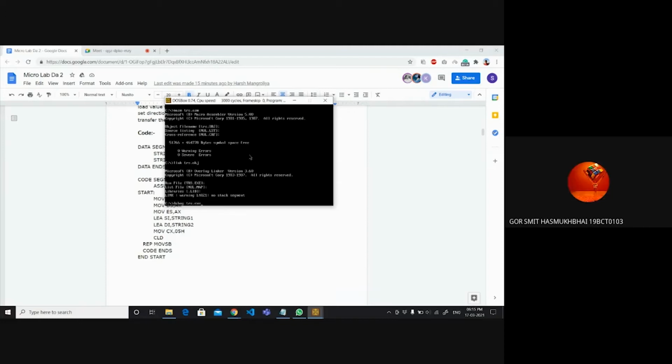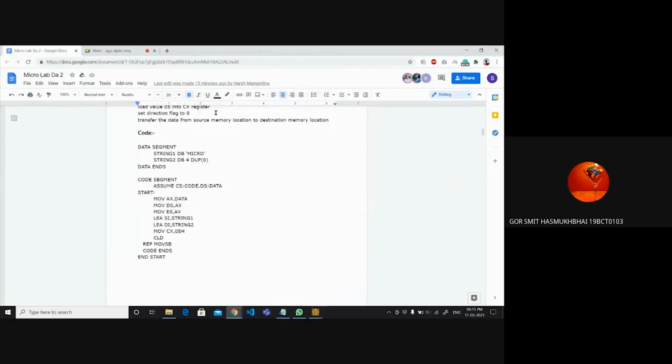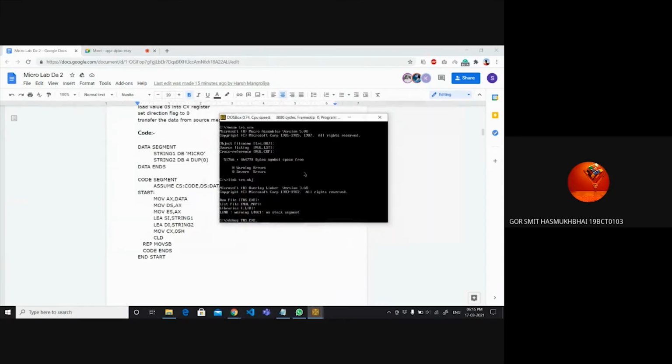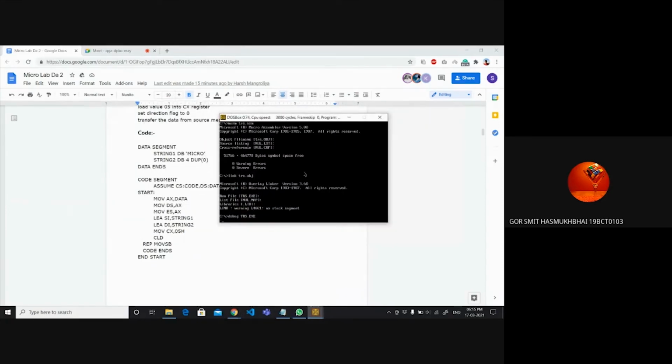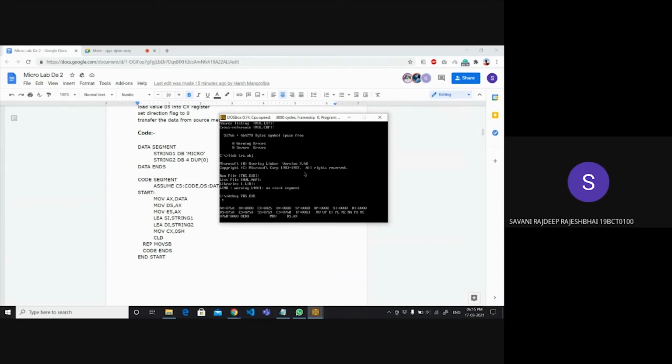Now debug.exe will execute the file and show the output. By debugging this file, the instructions execute one by one, meaning line by line.